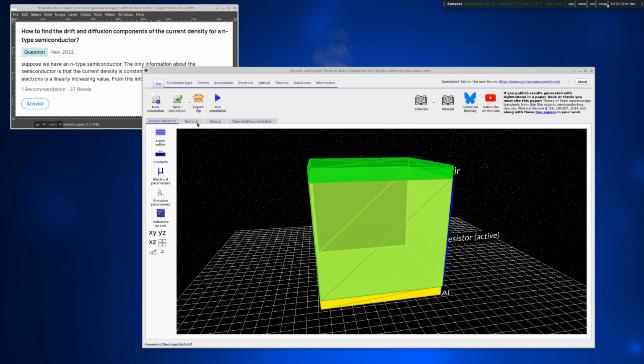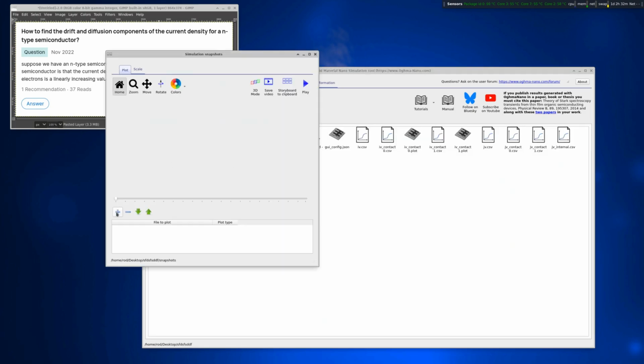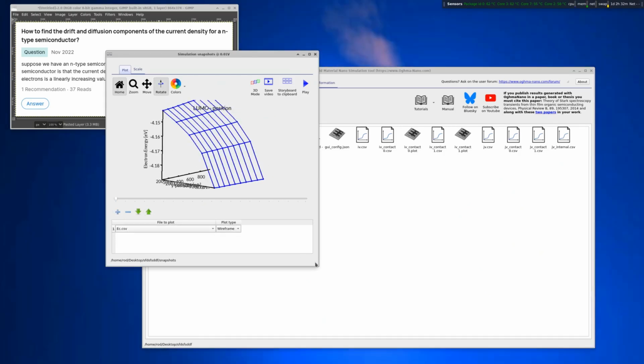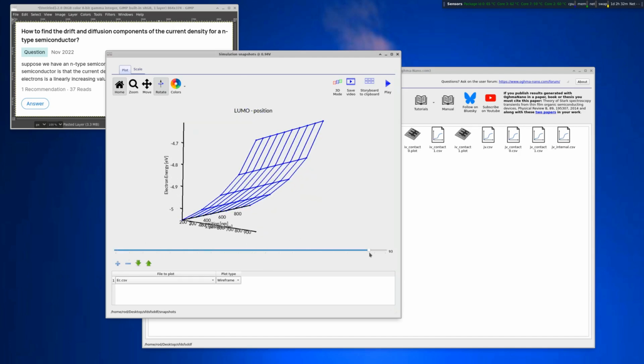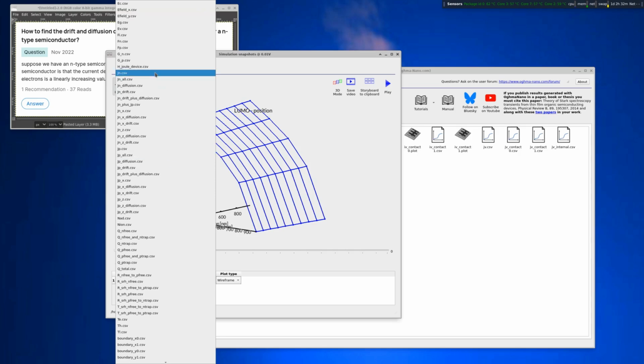And you look at the output files and you go to snapshots, and we choose, so that's the conduction band, and this little slider here enables you to step through it in voltage. So the voltage is there, you change the voltage, and basically you can watch the conduction band change as the simulation ran. But what we can do is we can go to J of n, which is the